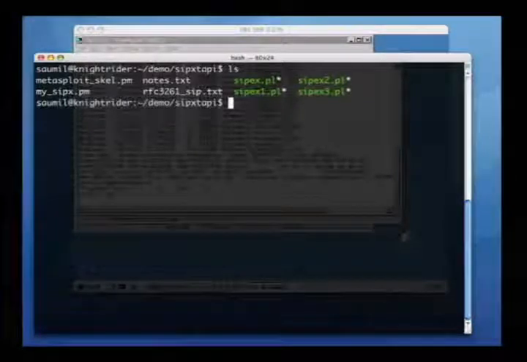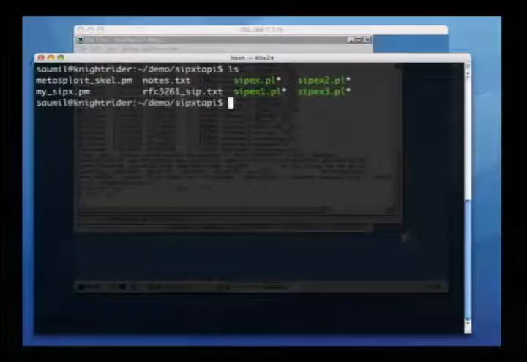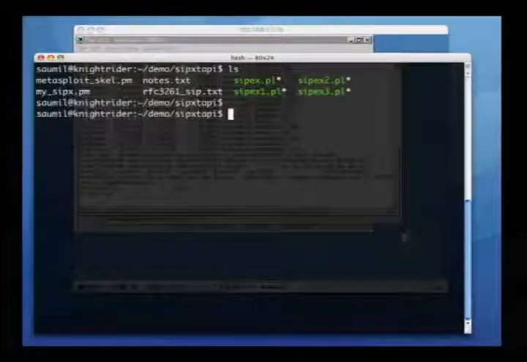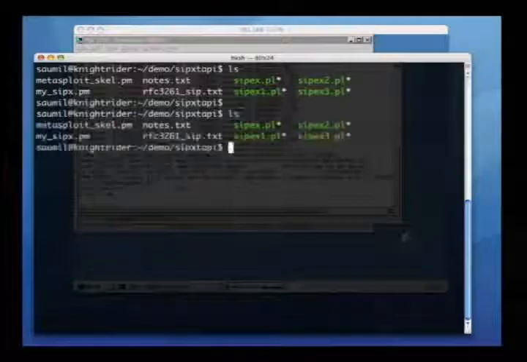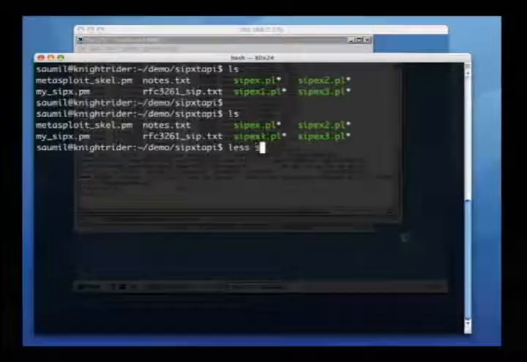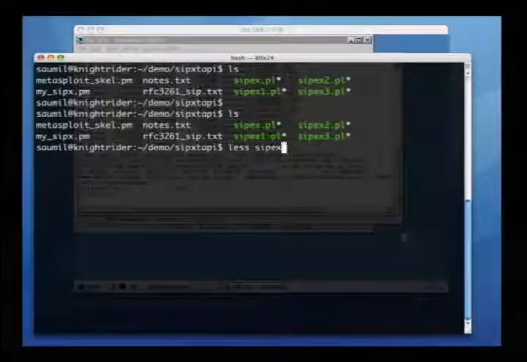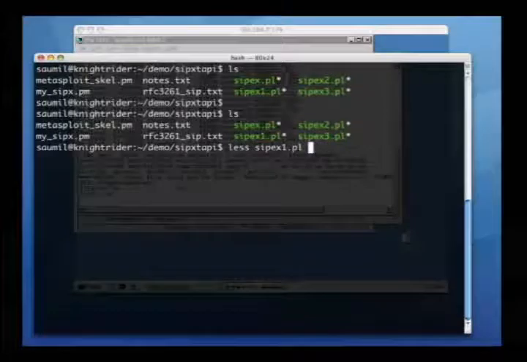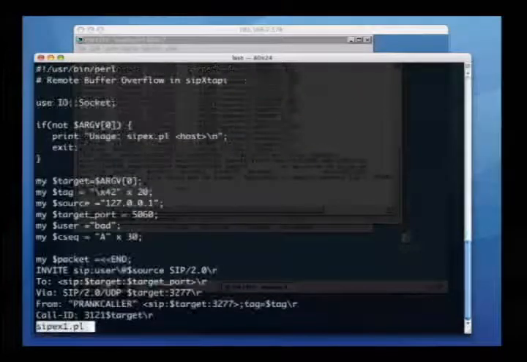Let me find my mouse. There it is. And show you the first proof of concept. I have a file called sipex1.pl. This is the first proof of concept for the SIP phone.